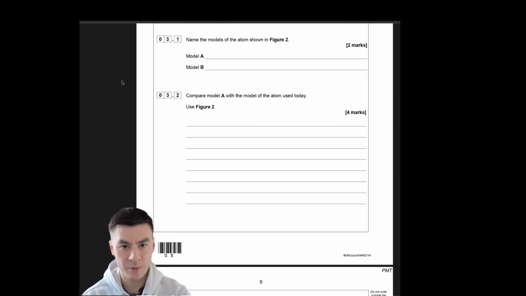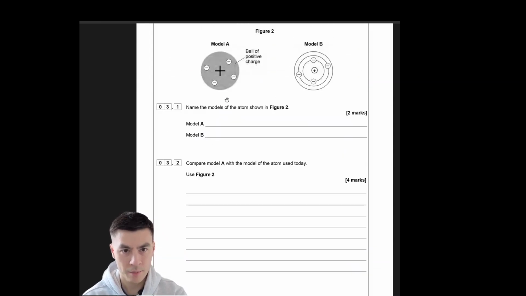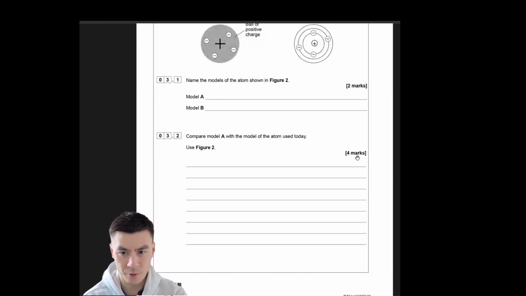Compare model A with the model of the atom used today. 咁 model A 係以前嗰個啦，咁 four marks 就講兩個 similarities 同埋兩個 difference 應該夠分嘅咧。